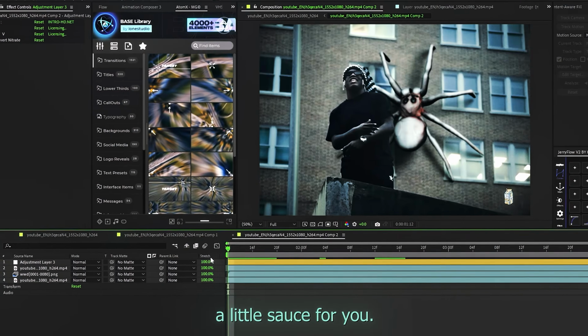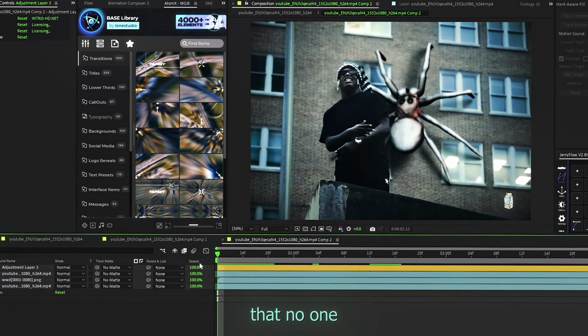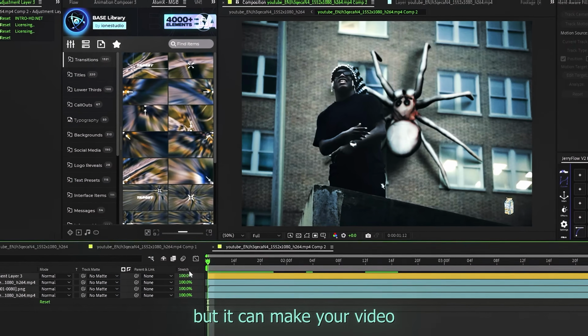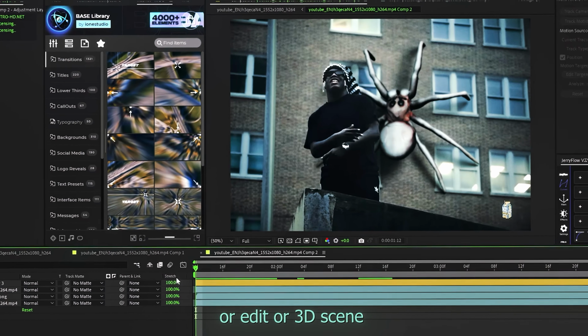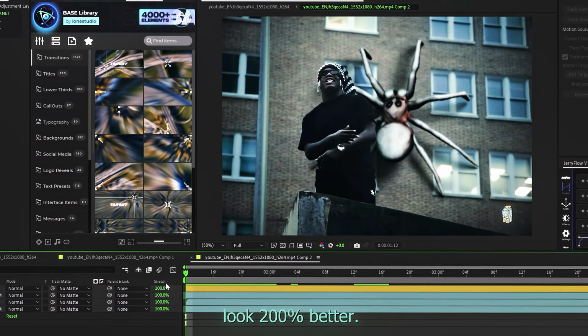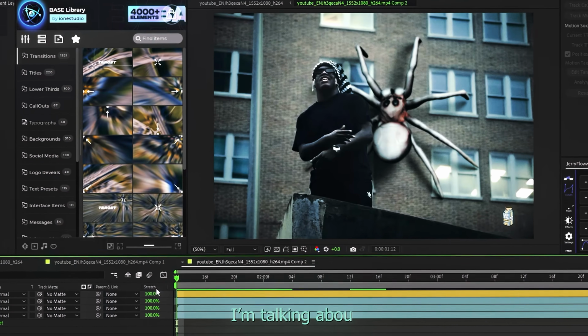And here's a little sauce for you, a secret that no one really talks about, but it can make your video or edit or 3D scene look 200% better. It's not even that complicated. Yeah, I'm talking about